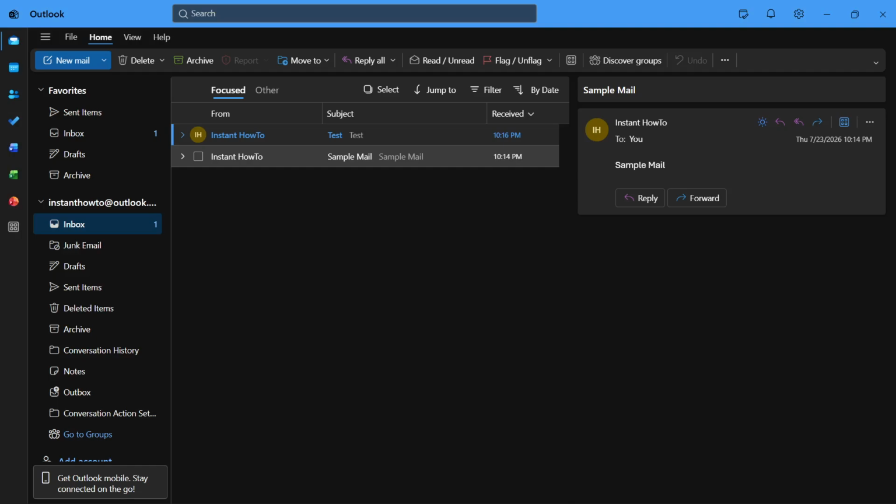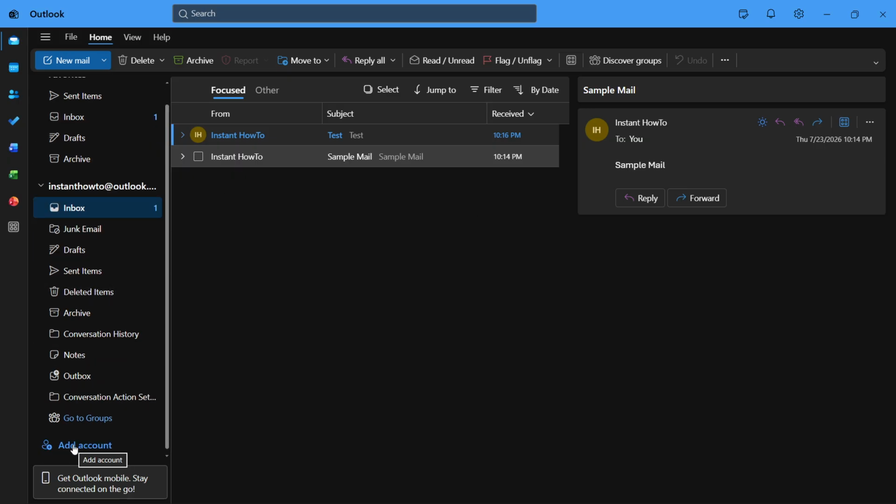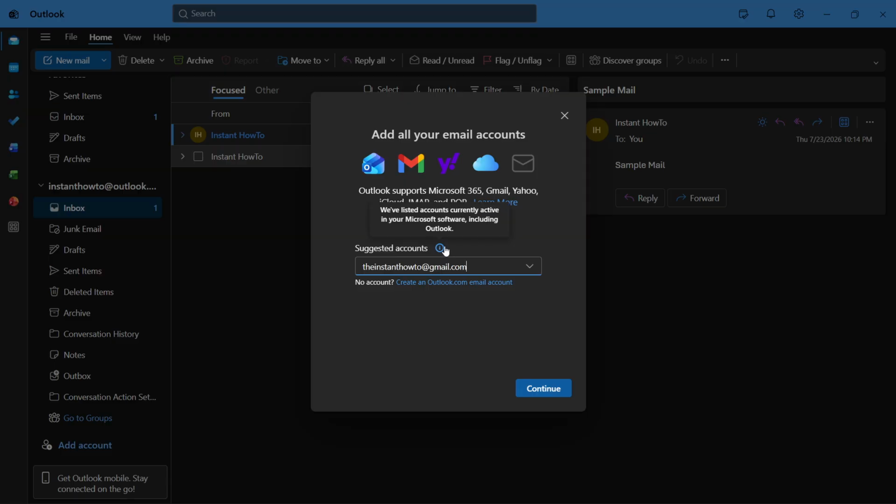In this video, I'm going to show you how to add email to New Outlook. Now to do this, first you want to open New Outlook and you want to go over here to the left, scroll to the bottom, and then from here it says add account. So you want to click on add account over here, and this way you'll be able to basically add your